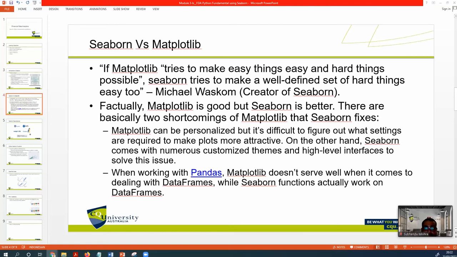On the other hand, Seaborn comes with numerous customized themes and high-level interfaces to solve these issues. Also, when working with pandas, Matplotlib doesn't serve well when dealing with data frames, while Seaborn functions actually work on data frames. So Seaborn is more cutting edge compared to Matplotlib.